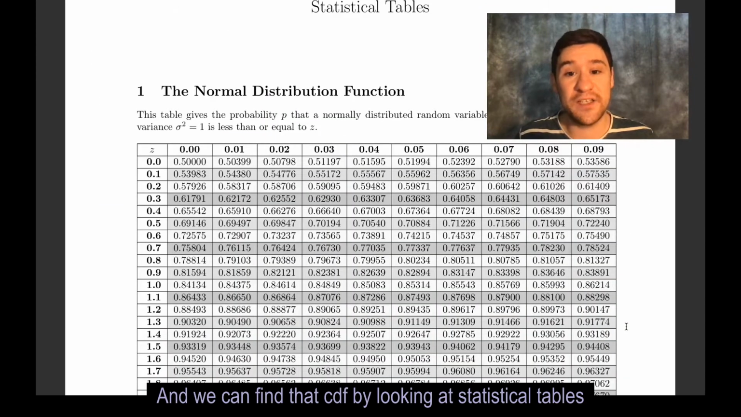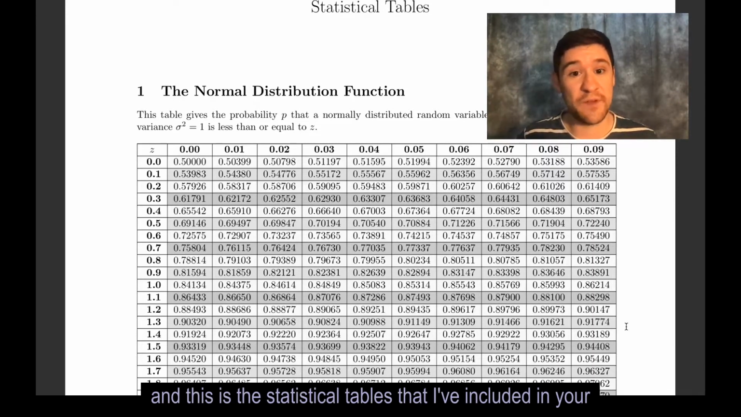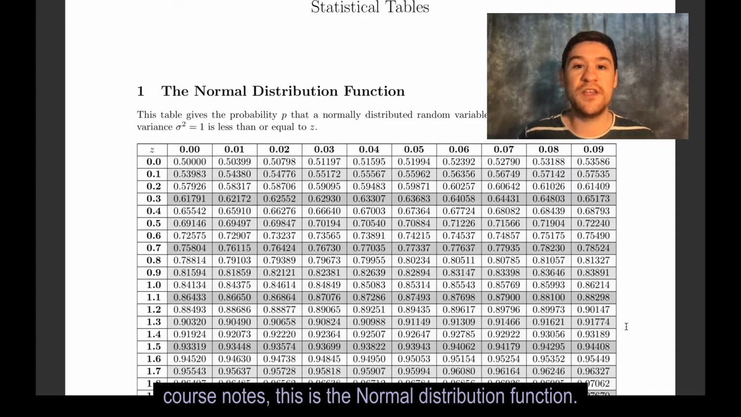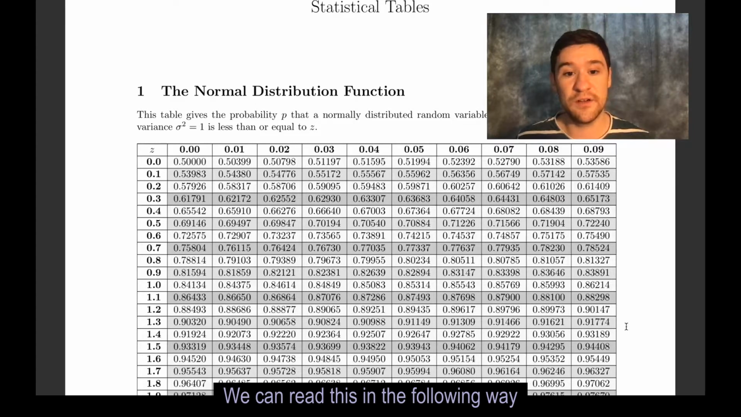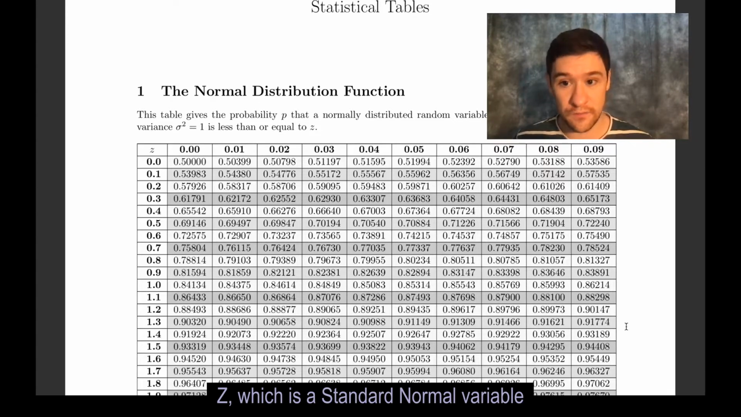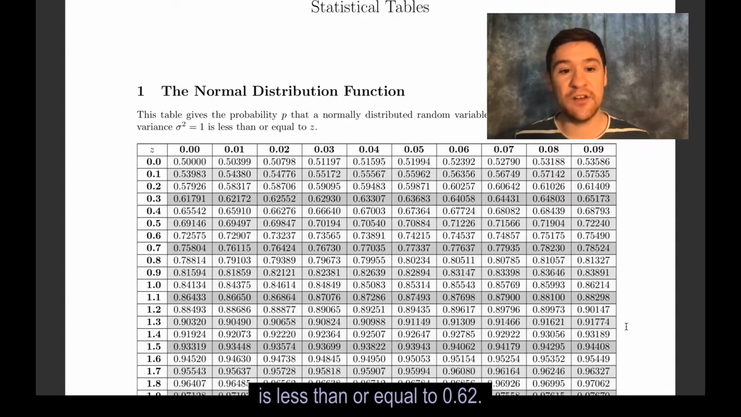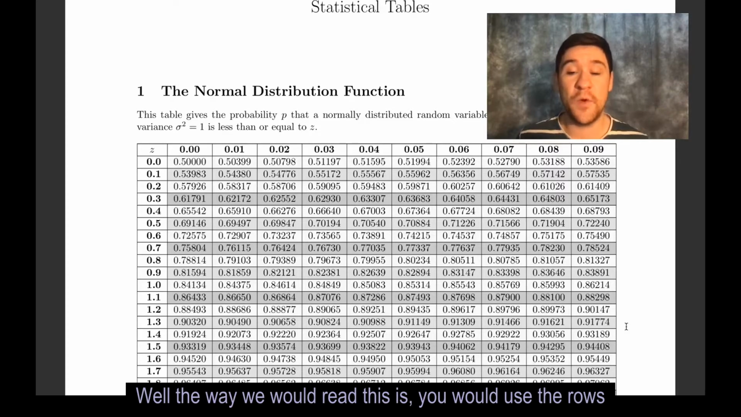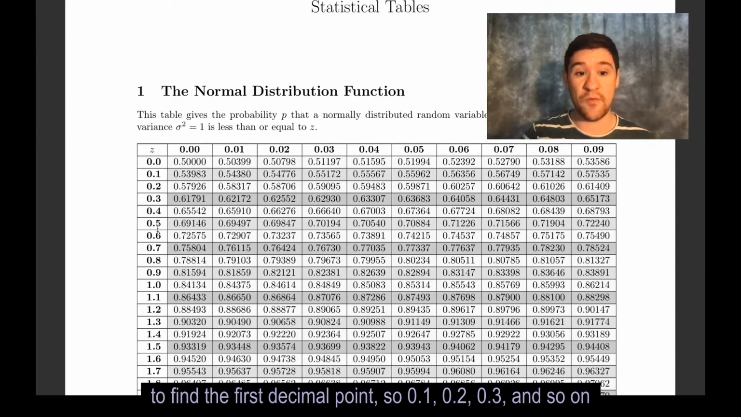And we can find that CDF by looking at statistical tables. And these are the statistical tables that I've included in your course notes. This is the normal distribution function. We can read this in the following way. Say we wanted the probability that Z, which is a standard normal variable, is less than or equal to 0.62. Well, the way we would read this is we would use the rows to find the first decimal point,